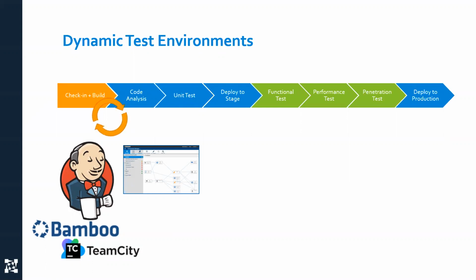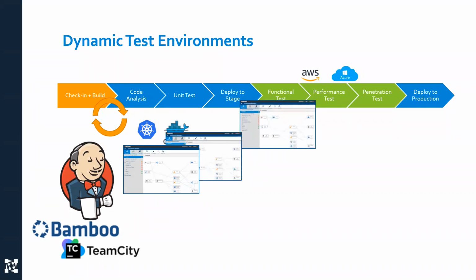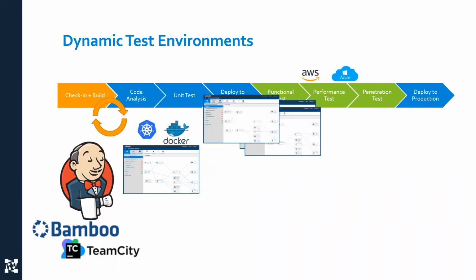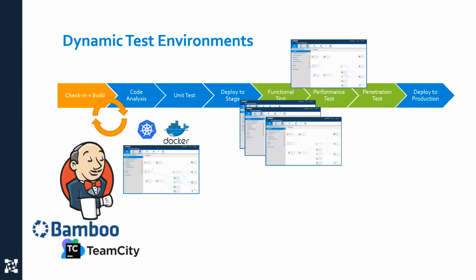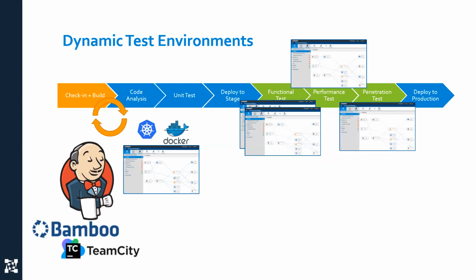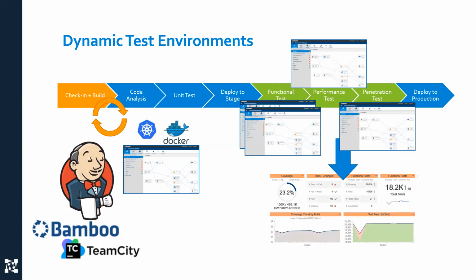Whereas a function of code check-in, whenever a new application is available, we can then orchestrate that either on-premise with normal hardware or using containerized solutions like Docker and Kubernetes to spin off copies of these virtual environments for our testing needs and configure them in the way that we want in order to enable us to have greater test results. So these are the ultimate advantages of bringing service virtualization into your automated testing practice.